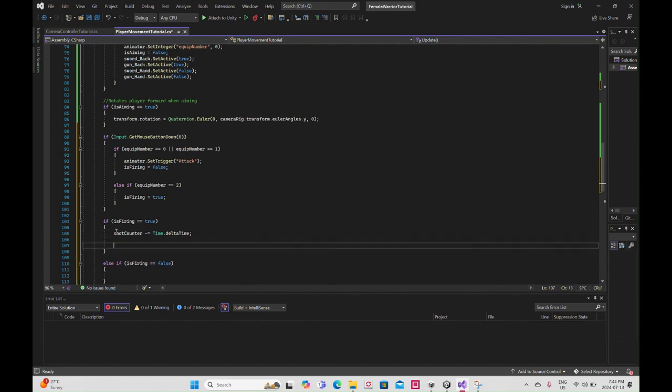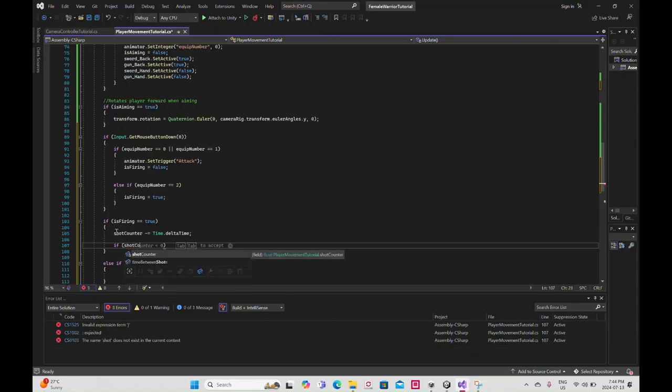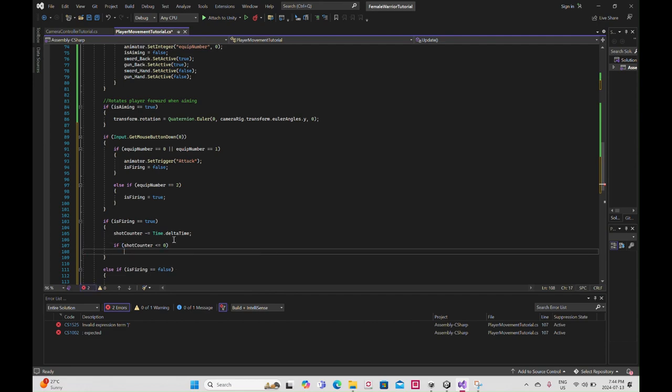So if shotCounter is smaller or equal to 0, so shotCounter is constantly deducting an amount based on Time.deltaTime, but if at some point it goes below the value of 0, if it's equal or below, then